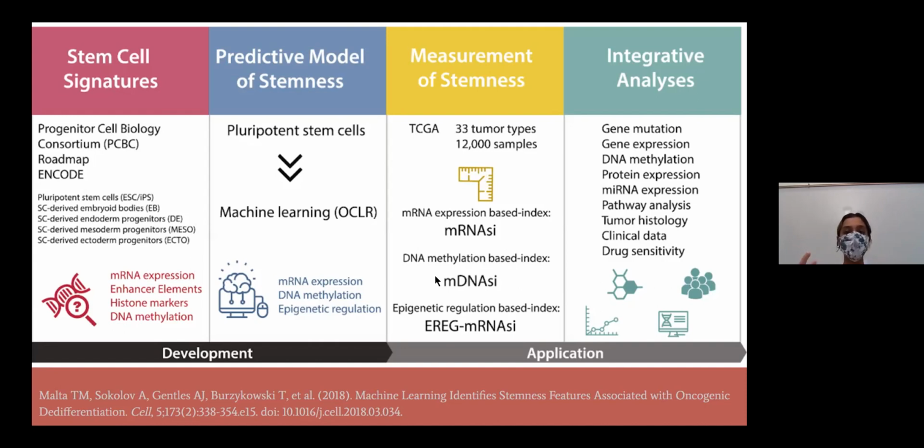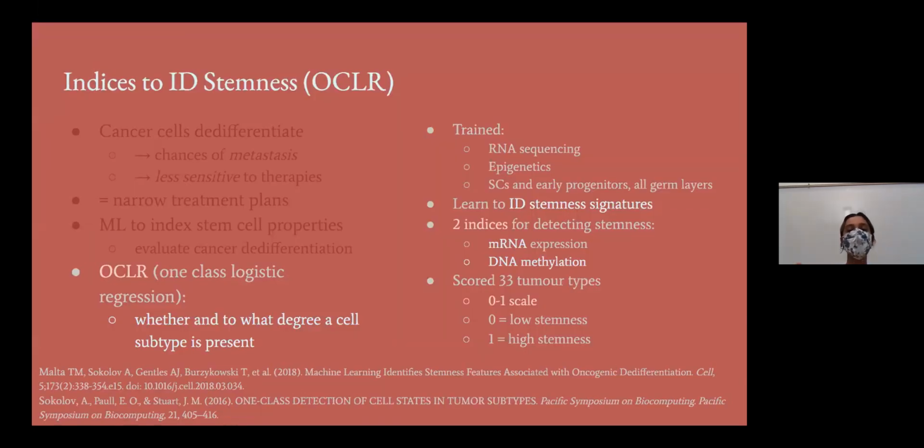They got these indices from doing the stemness training, and then they input cancer data and scored all that cancer data. So they had 33 different cancer types with over 12,000 samples of cancer cells. For each of these classifications, they got a score of how stem-like this cancer is. A score of 0 is more specialized, and a score of 1 is very highly stem,